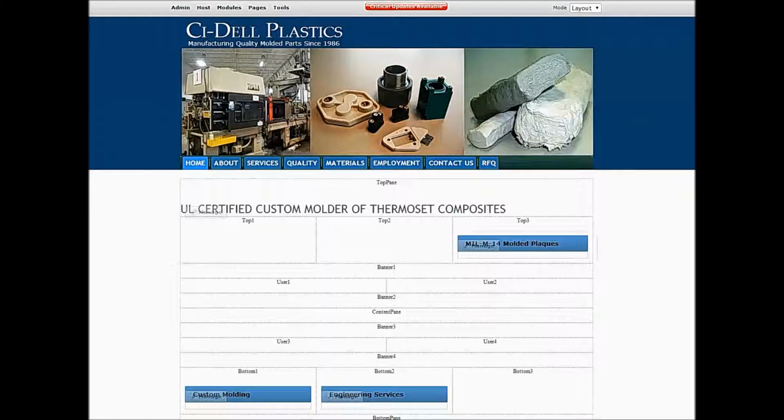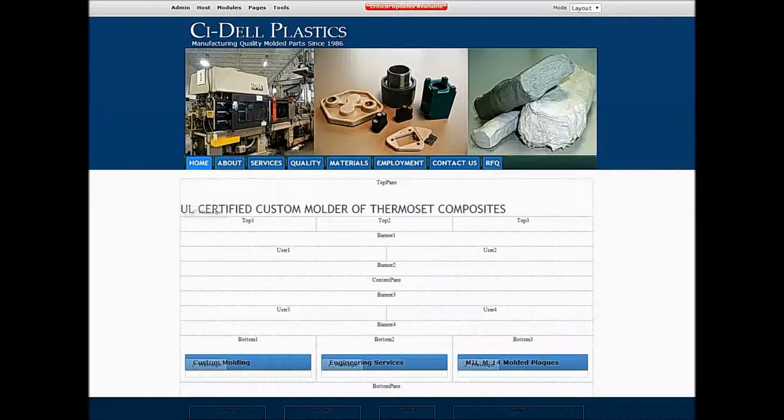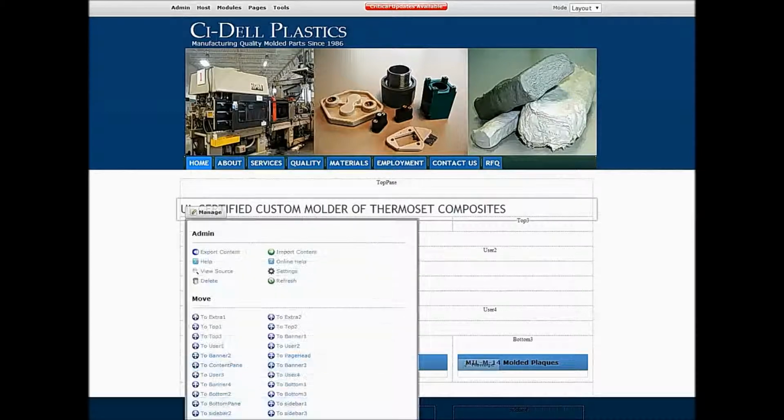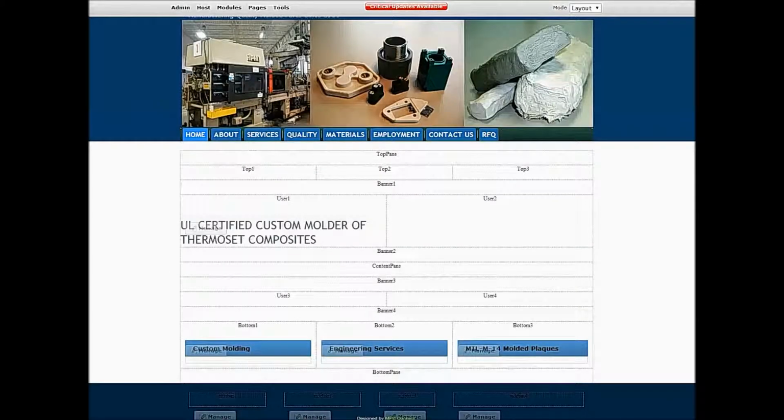And as you'll see here in a second, when we put this back into view or edit mode, we're not going to see all this extra white space because it doesn't render if the panels aren't being used. Okay, so we're going to move this down to user 1 now, so it's left adjusted. There we go. Okay, so this gives us user 2 here. So now if we go back to edit,